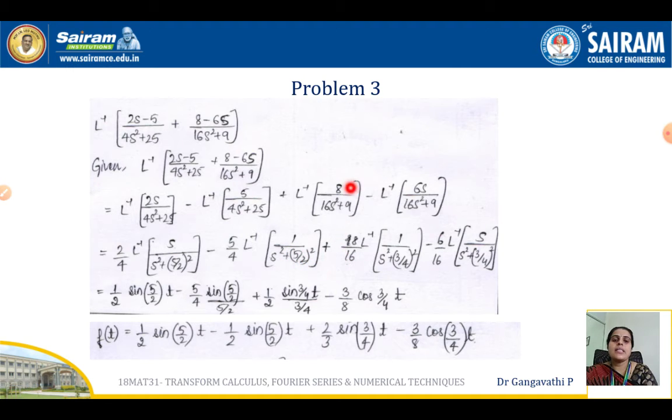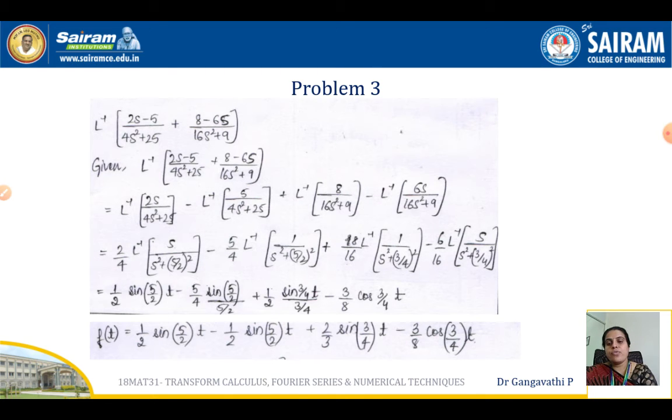plus, and here 8 take it out, and 16 you need to take it out, s square plus 9 by 16, 9 can be written as 3 square and 16 can be written as 4 square, so 3 by 4 the whole square. Minus, numerator 6 you take it outside, and denominator 16 you can take it outside. S square plus 9 by 16, which is nothing but 3 by 4 whole square. And